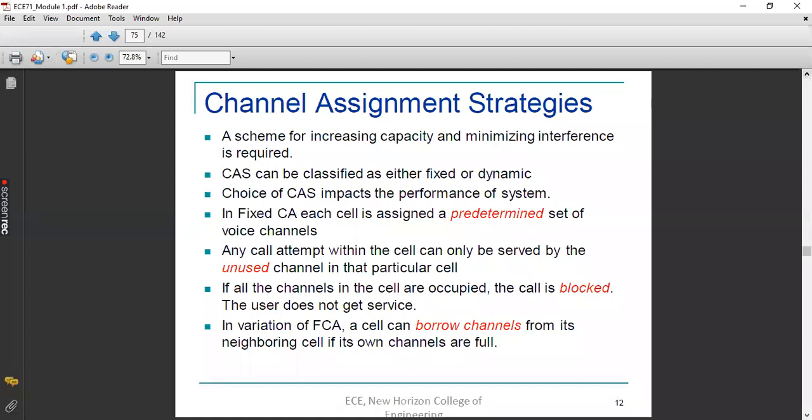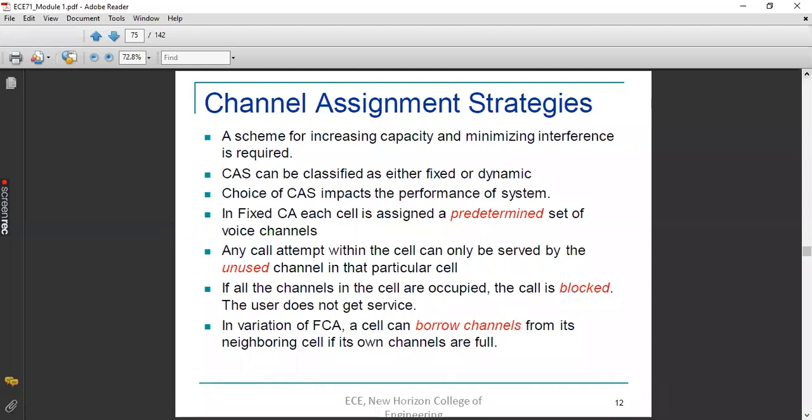Once the call is set up, the next thing is we start sending the voice calls, which is accessed by using voice channels. If you take any cluster, we will have a definite number of cells in that cluster, which have different channels, so there is no sharing of channels within a given cluster. But of course, there are channels that are shared between two different clusters. While sharing the channel, we have to locate the co-channel cells in such a way that they are very far apart from each other, so as to minimize interference. Correct? So this is what is done in channel assignment strategies.